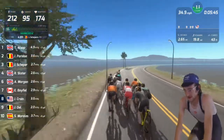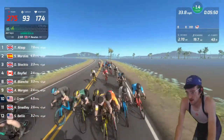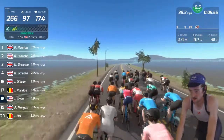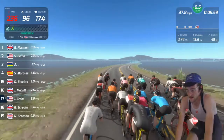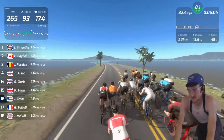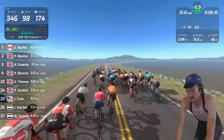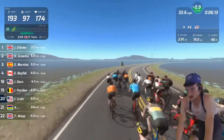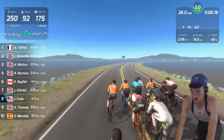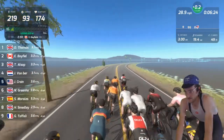So I used that little 2% uphill to slide up to the front so I could keep a little bit more even power. I'm checking back to see, and as I expected, the field is pretty shredded. If you're one of those people who was flying back into the group right now, you just had to do a pretty big effort to get there. So that was kind of the name of the game for me today, was to make sure I'm in a decent position coming into that turn, and then just sort of monitor the super fast guys here. If one person slips away, that's not as big of a deal, but if a group starts to form off the front with, say, some of the strong RGT guys, Melville, Deca,